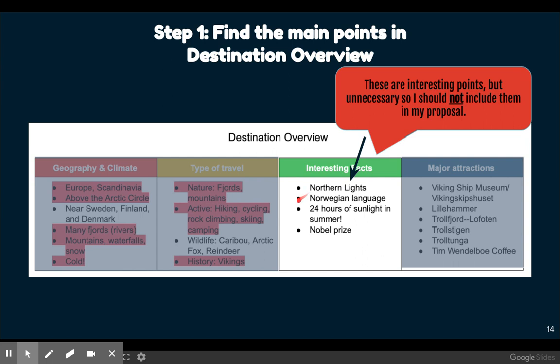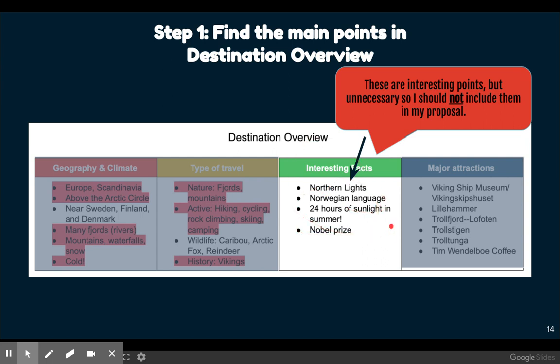However, if I were, for example, suggesting or recommending an attraction that would include 24 hours of sunlight in summer, perhaps an overnight camping trip, I might want to include this bit of information. It's really about what kind of attractions I am suggesting for this trip.